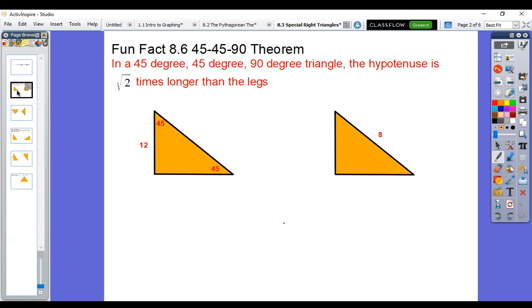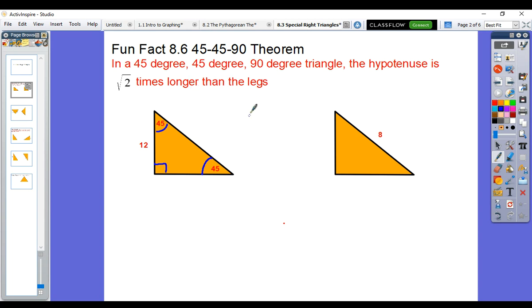So our first theorem here is 8.6, the 45-45-90-degree theorem. Now it's called the 45-45-90-degree theorem because guess what? We have a 45-degree angle, another 45-degree angle, and last but not least, the 90-degree angle. Now, as the theorem says, in a 45-45-90-degree triangle, the hypotenuse is radical 2 times longer